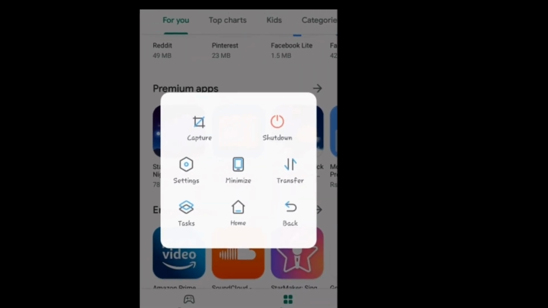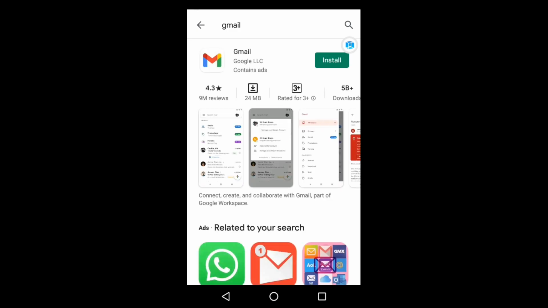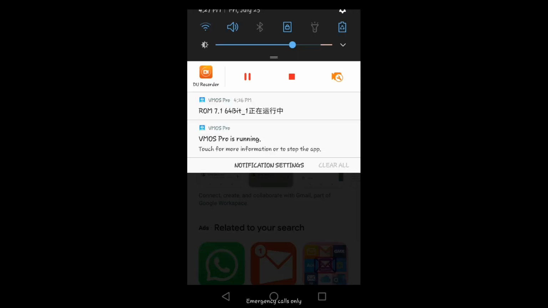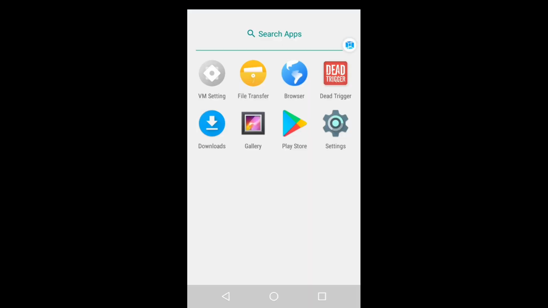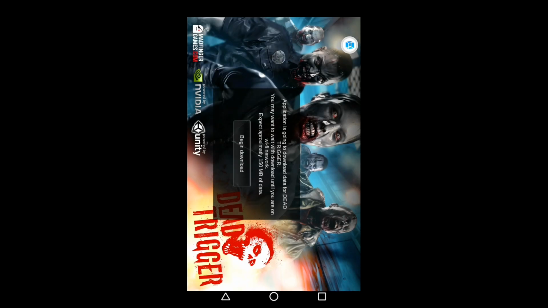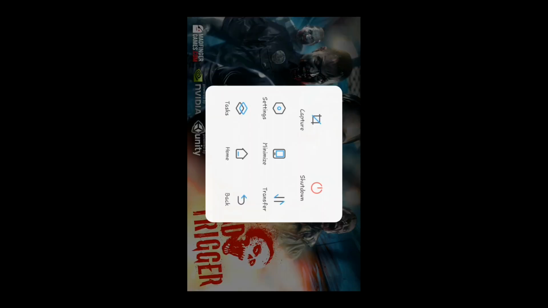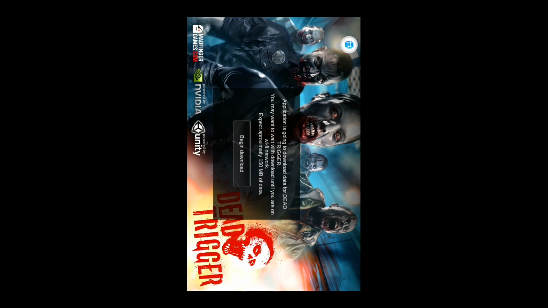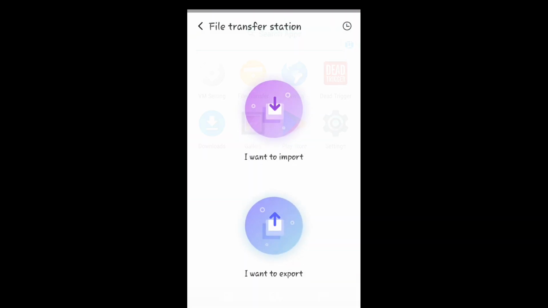Here is the button of shutdown. If you press it, you will find the biggest bug ever possible, but maybe your phone encounters it or not. My phone got stuck when I pressed that shutdown button. So this blue button is basically for the functions. You can minimize, you can go back, and if you want to install some games with OBB files, you can also do this by going to file manager and pressing on import, and you can import tons of files.